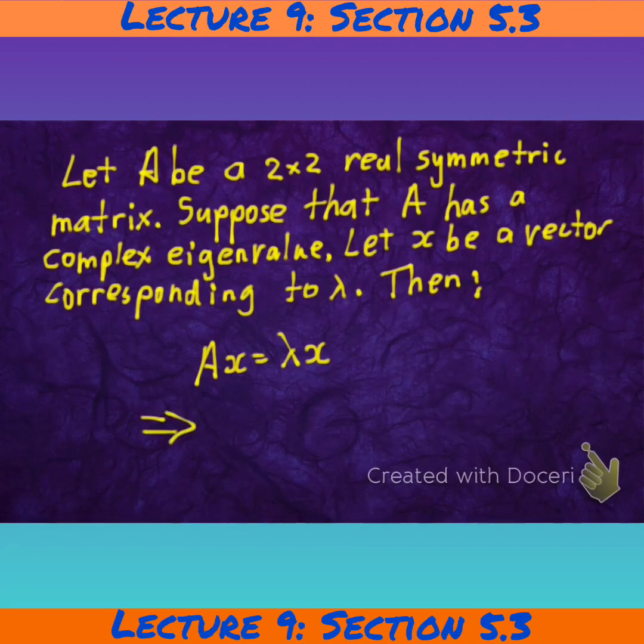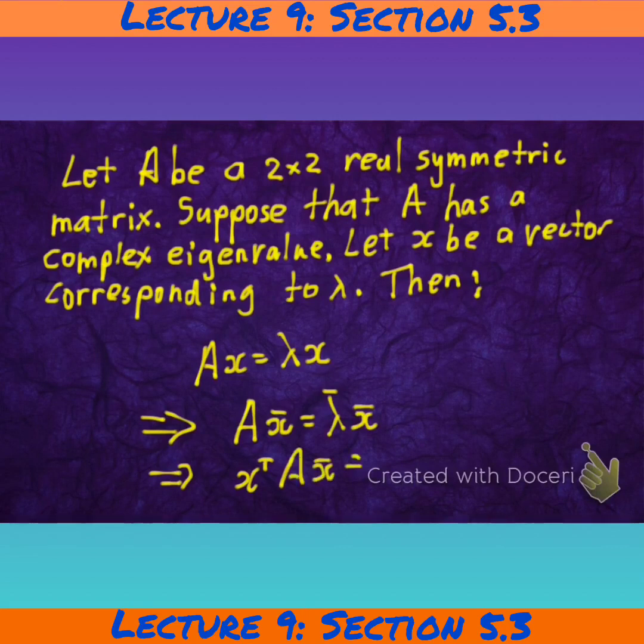We know that implies also that the conjugate of X is going to be the eigenvector corresponding to the conjugate of lambda multiplied by the conjugate of X. And then we can multiply with the transpose of X on both sides, and essentially what you're going to have is a